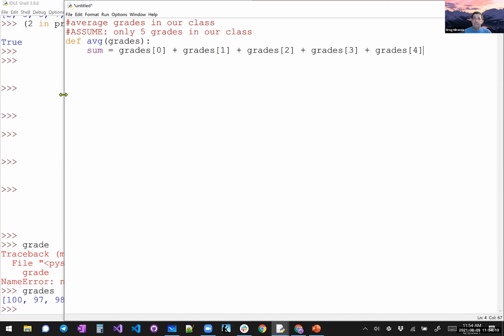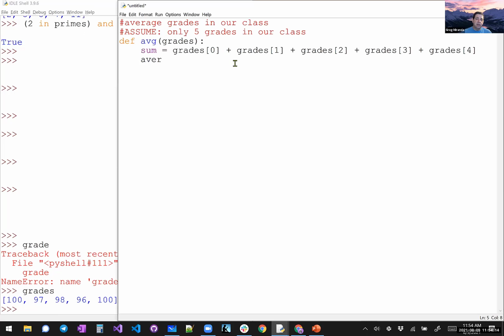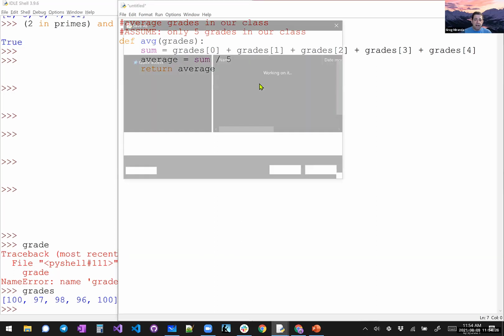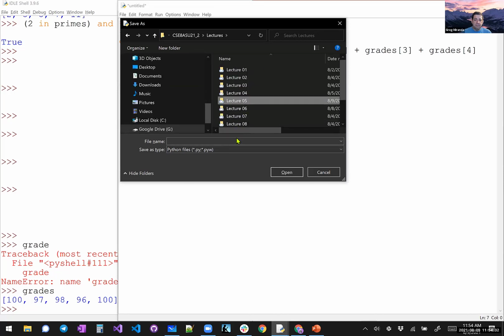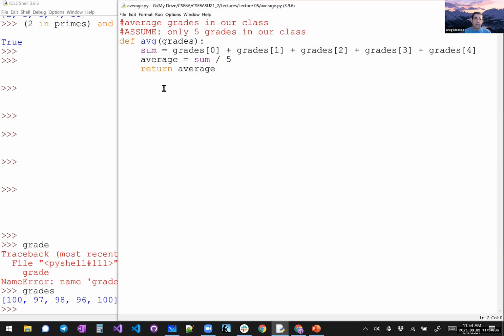So we have the sum. Then we just calculate the average, which is just the sum divided by the number. And we just return that average. Save that and stick that inside of our lecture folder for everybody to look at later. Call it average.py. And then if we run this,